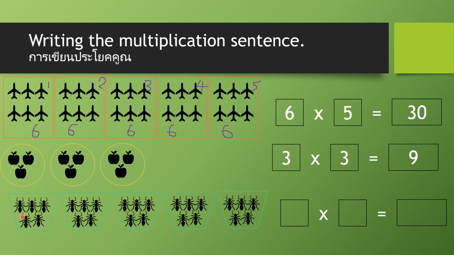You check how many ants are in one of these. How many ants? I will help you. 1, 2, 3, 4, 5. How many boxes do we have? 1, 2, 3, 4, 5. So what will you write here? You write it. We will check the answer. Okay, I will count to 10. We will see who finishes faster.